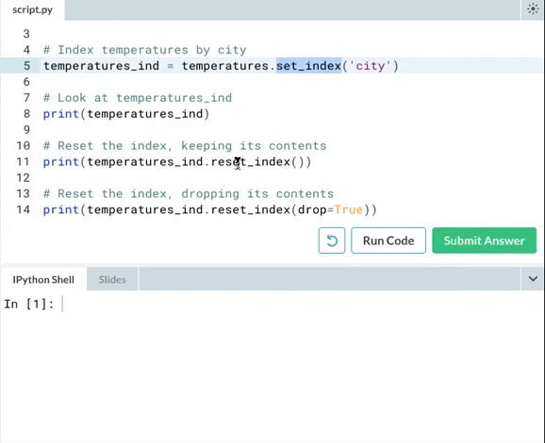In case you want to reset it, we have to use reset_index here. When you do reset, it will just remove the index, it will not do anything else. And if you do drop equal to True, that means you are giving permission to drop that particular column. So you need to be a little careful about this one over here, reset_index and drop equal to True. Okay, so that's about this exercise. Moving on,